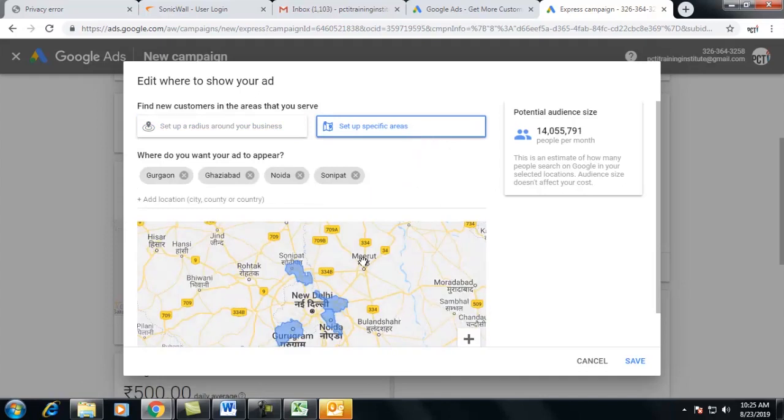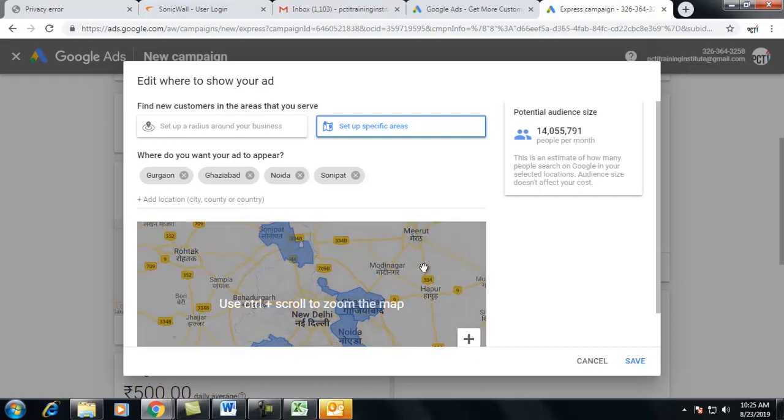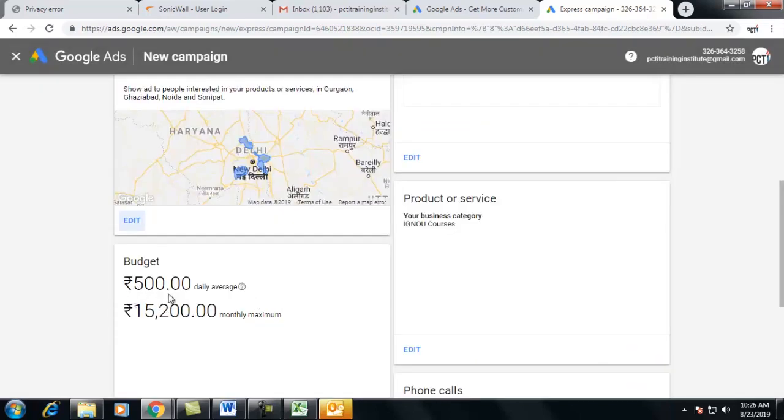Suppose you want to capture Meerut also, you can add that location. I have set a budget of 500 rupees, as you have seen earlier, and just for the sake of learning, you can take it as an example. You can go above this, but not below that.